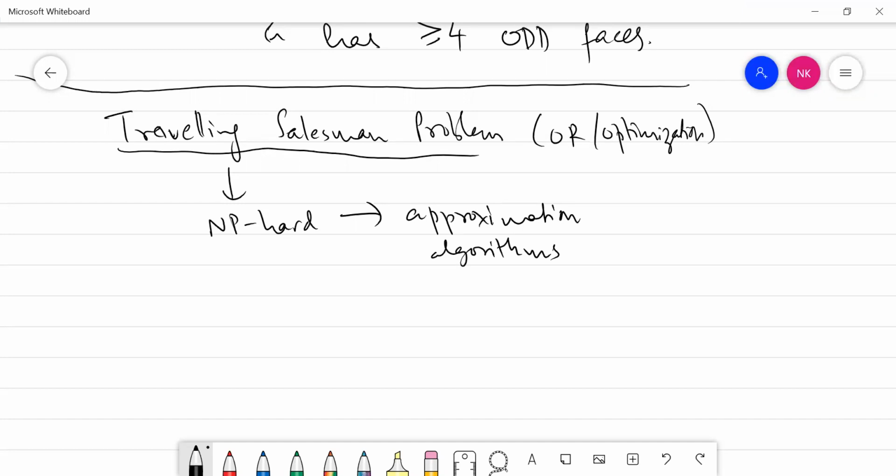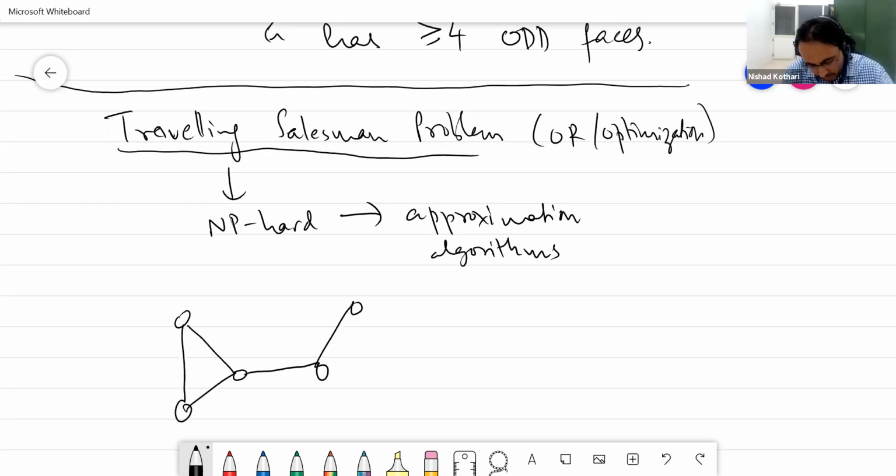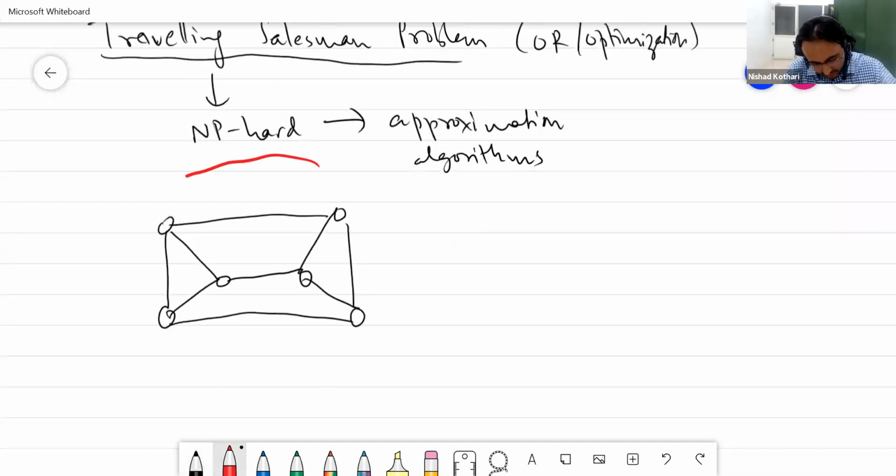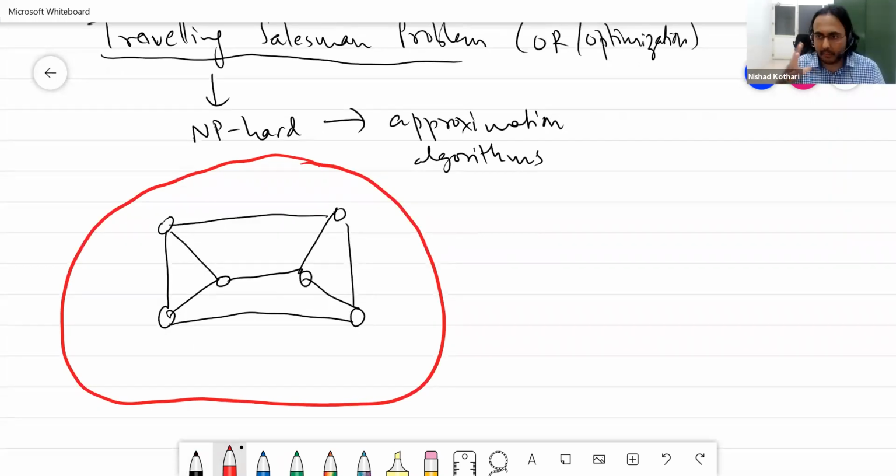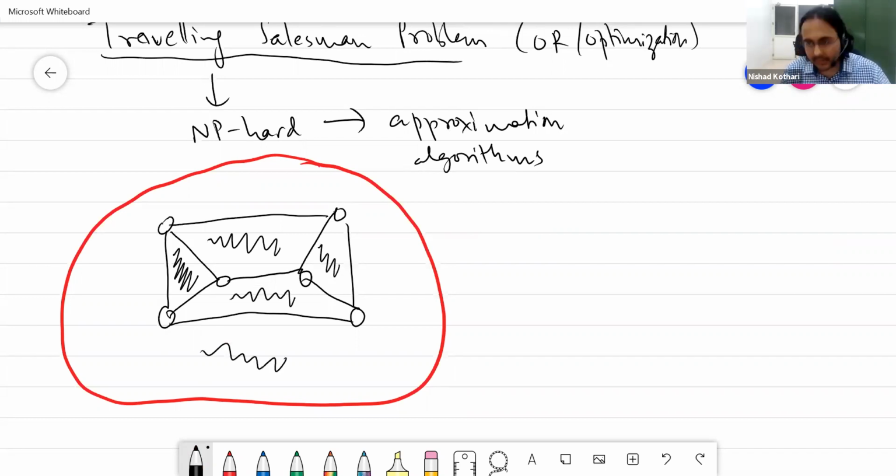I'm not sure what exactly a face is. Okay. Right. So in a planar graph, you're drawing this graph in the plane, right? Think of this as the plane, or if you like, you can think of it as a drawing on a ball. When you draw a planar graph, it will divide the plane into regions. So this, for example, is one region. This is another region, right? I'm not writing a formal definition because that is not going to serve much purpose, but you get the idea, I hope. So these are the 5 regions, and these 5 regions are what we call faces.